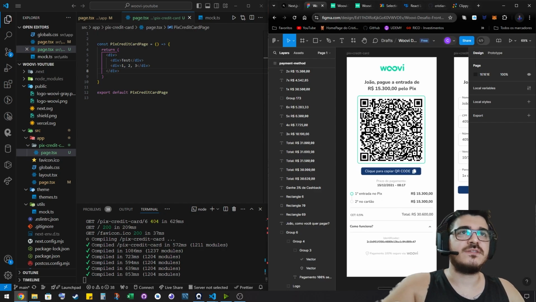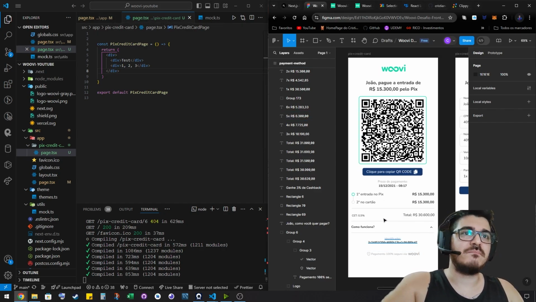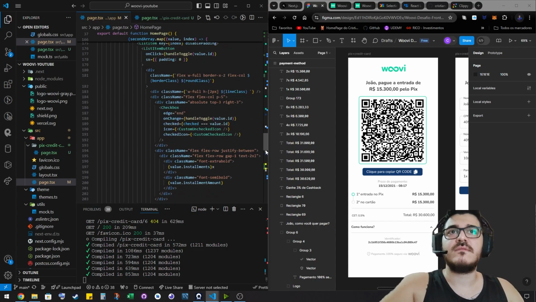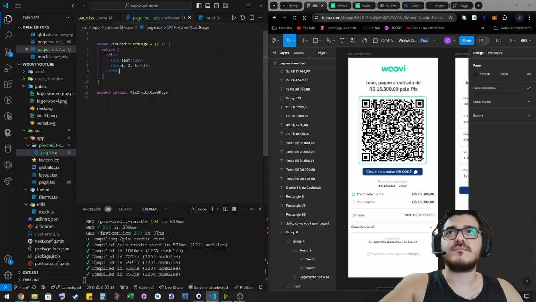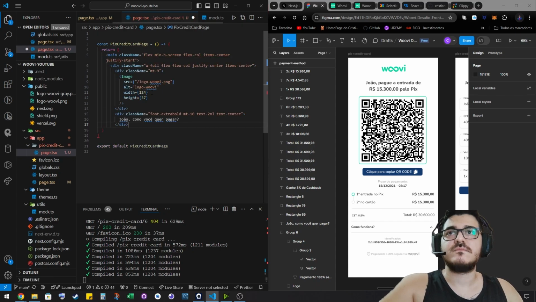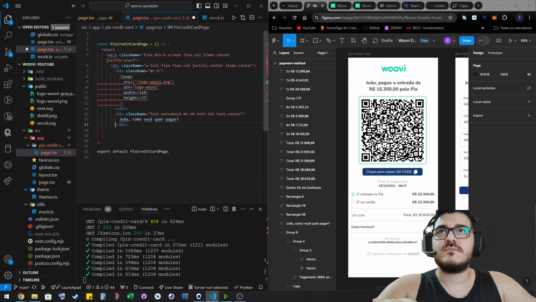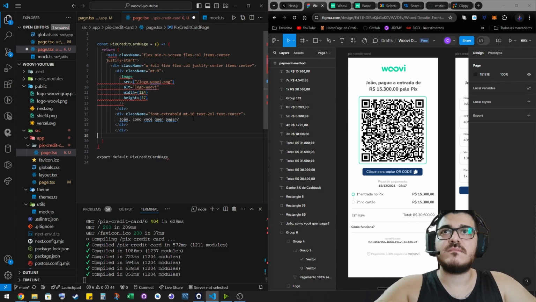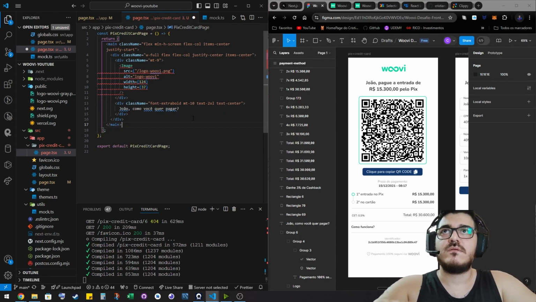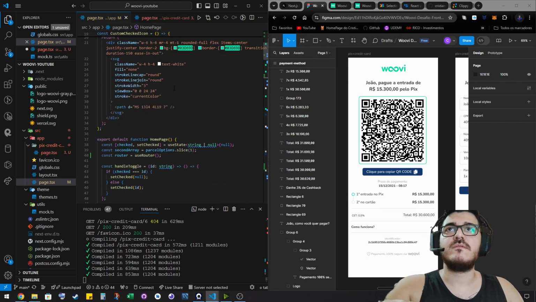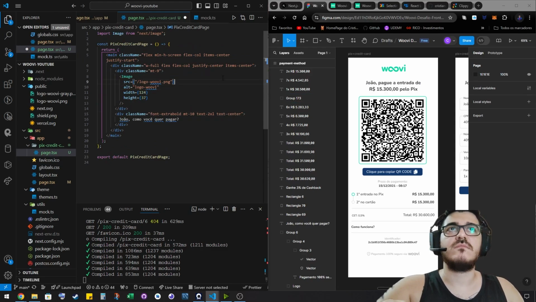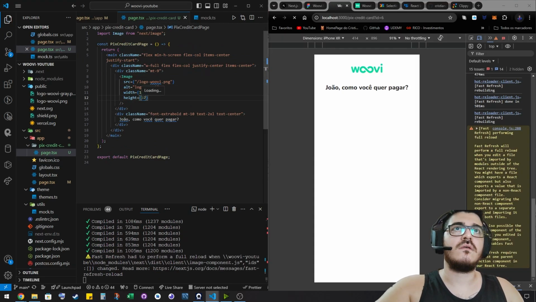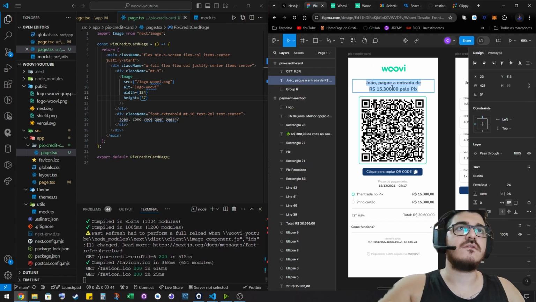I'm taking so much time doing this with you guys. So the main structure is the same. Let me copy and paste it. I'm not going to do it all over again. The structure is the same. So the Woovi and this right here. So I need another one and then there you go. I have to import this guy. I really don't want to import the image. Oh, I have to get the logo. So let me see it. And there you go. Now I have to change the text because